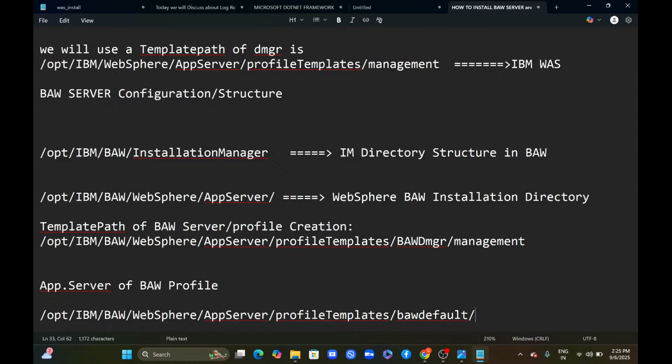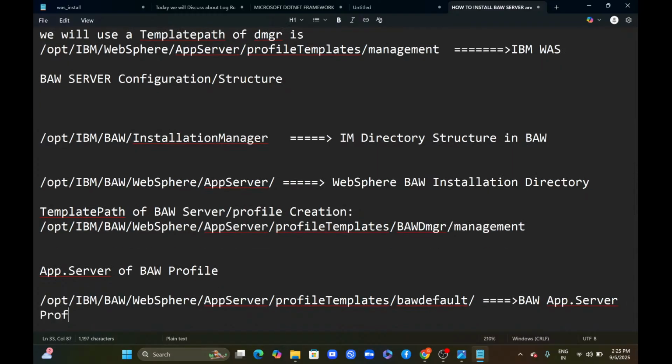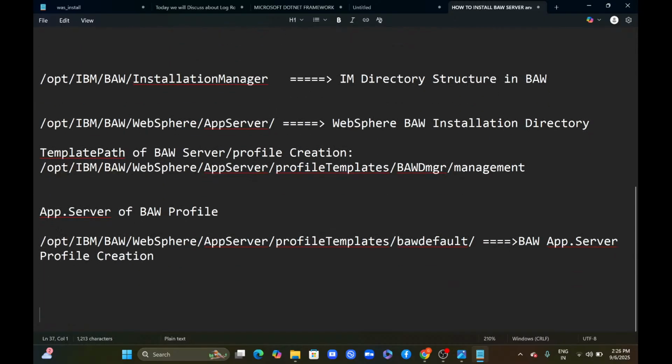We can use it like this for BAW app server profile creation. And the DMGR, app server, and custom profile are the same as in WebSphere,